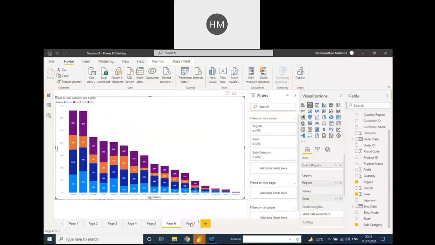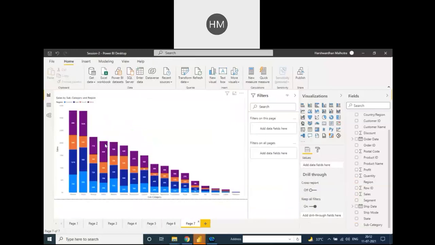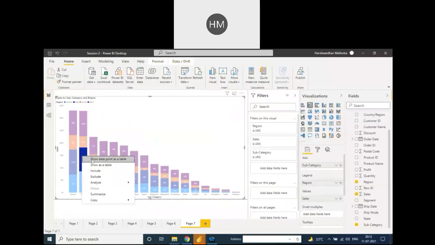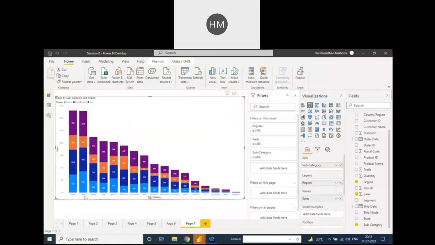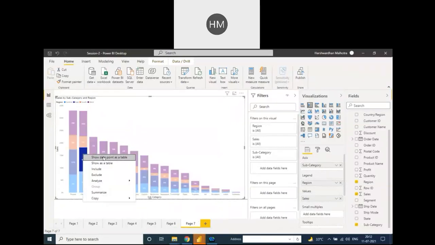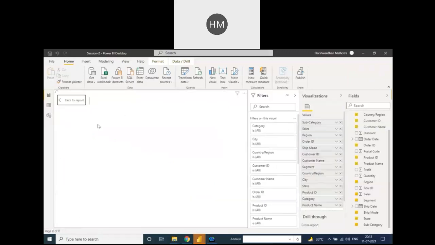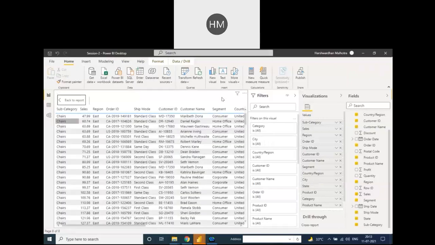And on page 7, I'm going to share that suppose we need this area and we need to send it to our manager, like our manager tells us to please provide chair highest data, chair highest category, highest region data, like chair and the east. This area is the east data. So select this area, click and show data point as table. Click once, see the whole table is generated and then directly share to your manager, export data. So these are the areas we have covered in the last session.